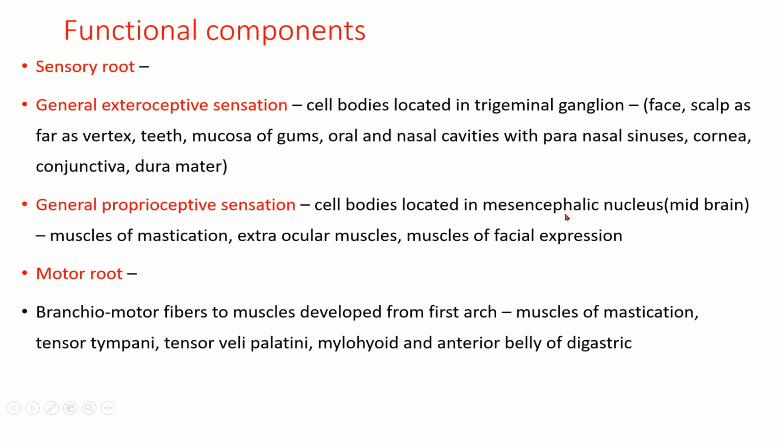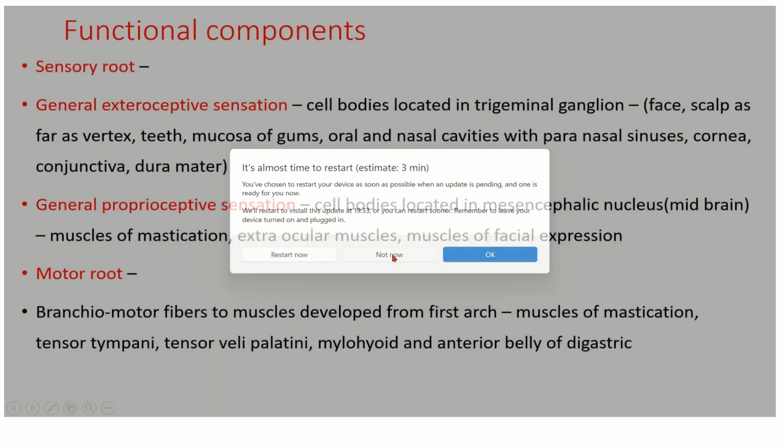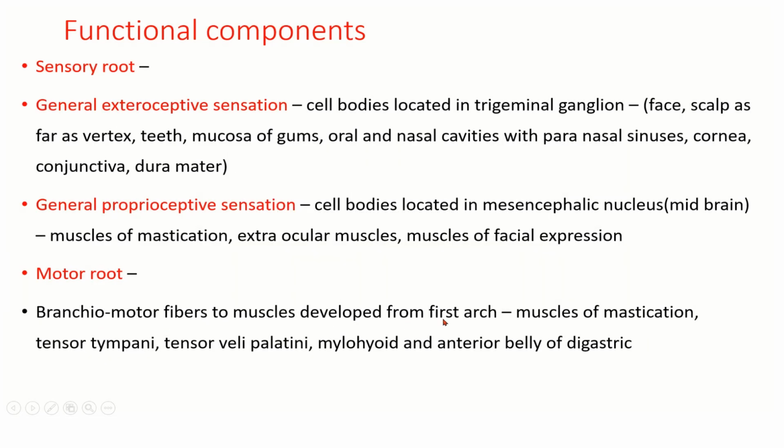This is the most important point. The first order sensory neurons located within the central nervous system are in this mesencephalic nucleus. That means the pseudo-unipolar neurons located within the central nervous system are just the mesencephalic nucleus of the trigeminal nerve. Proprioception from the muscles of mastication, extraocular muscles and muscles of facial expression is carried to the mesencephalic nucleus. Then the motor root has branchiomotor fibers